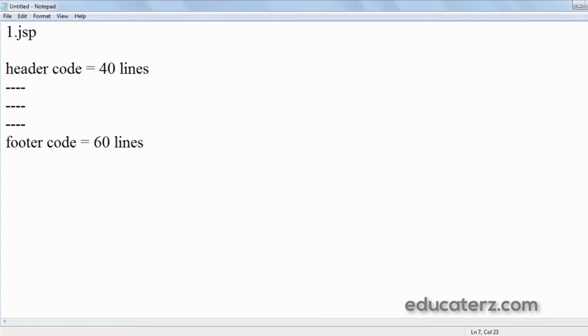Okay, so these two, that is header code and the footer code, are required for the rest of the 79 JSPs. Then these 100 lines must be duplicated in all the 80 JSPs.